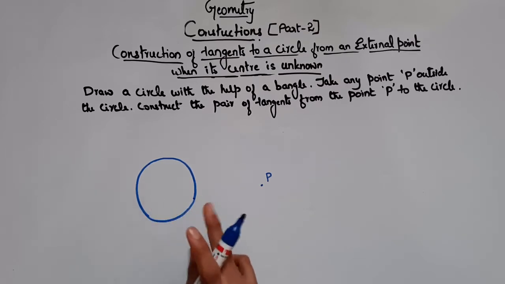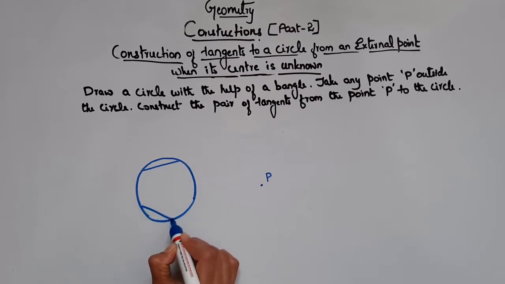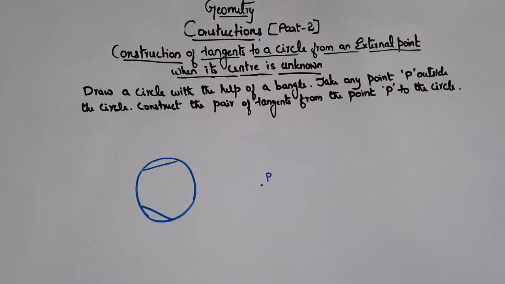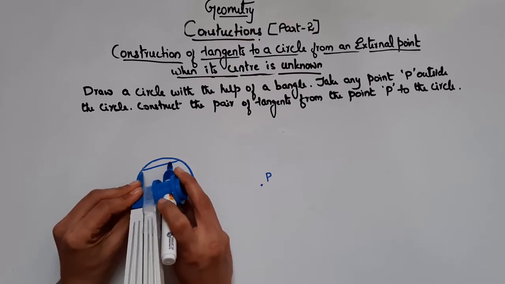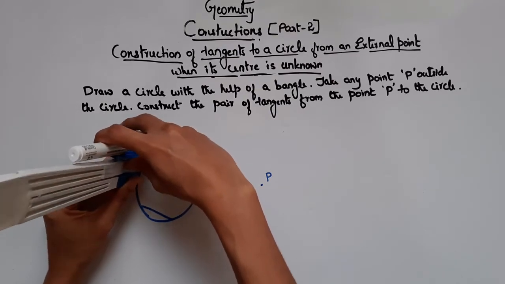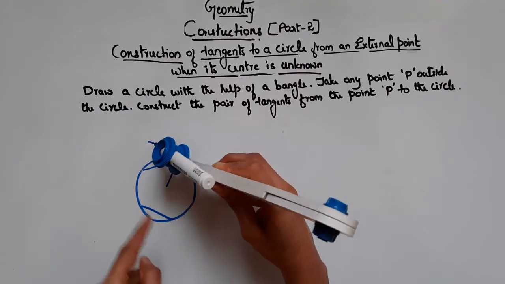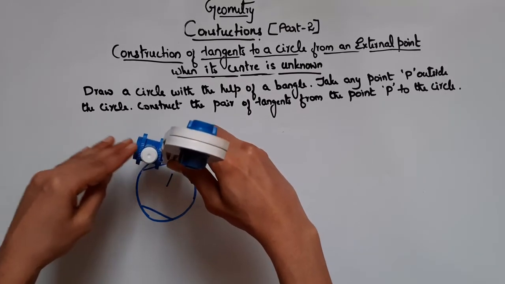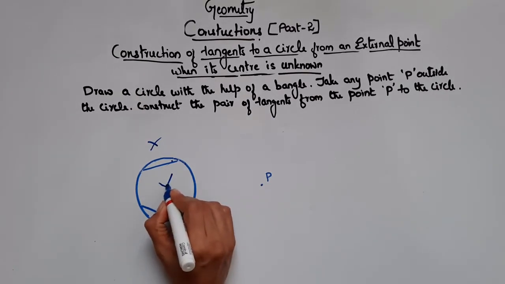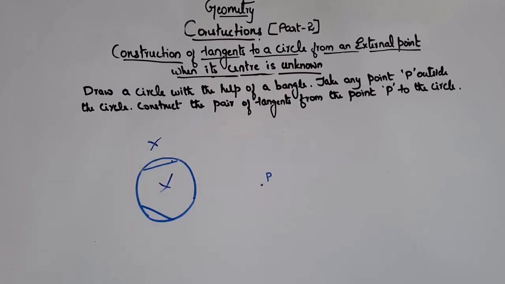For that you will draw two chords, any two chords on the circle. So let's take this one chord and two chords. So now you will draw a perpendicular bisector to this chord. For that you will take your compass, keep your compass at this point, take any length but more than half, and you will draw an arc like this. And now you will keep your compass at this point and cut this arc, same length. So you will get a point here and here, right? Join those 2 points.